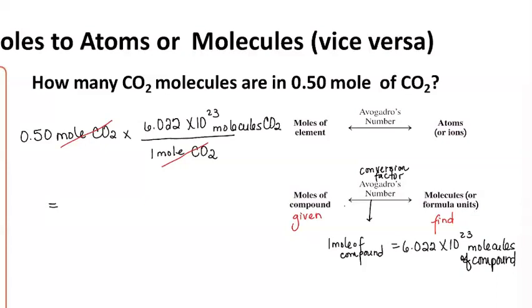Thank you, Maria. So when we get the value of 3.011 times 10 to the 23rd, we need to keep in mind the number of sig figs that were given to us. So sig figs are coming back for this little section. Because we were given 2 sig figs, we need to round that value of 3.011 times 10 to the 23rd to 2 significant figures. So that means that our final answer is going to be 3.0 times 10 to the 23rd molecules